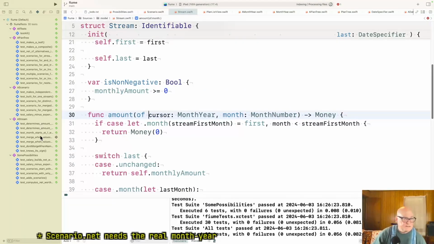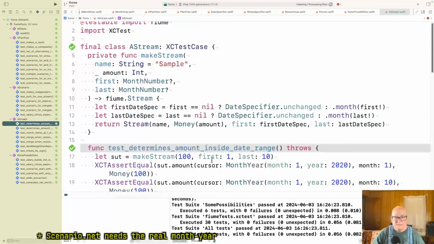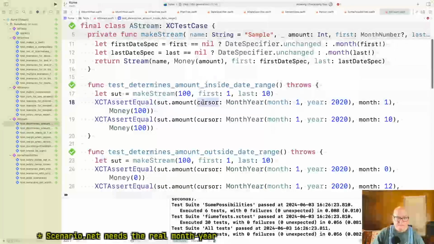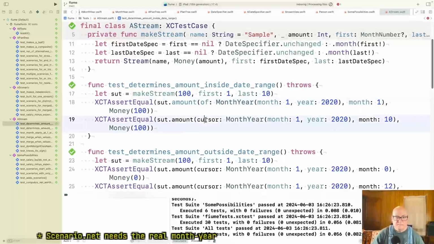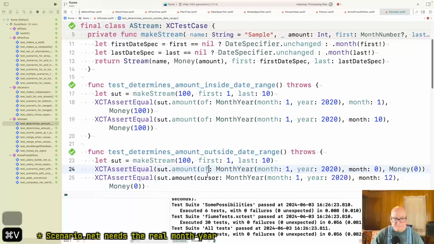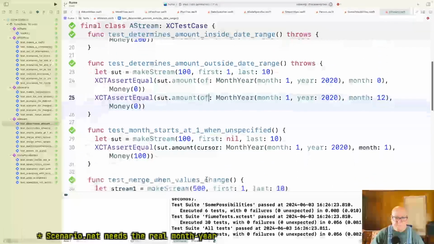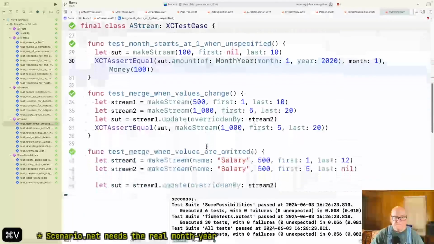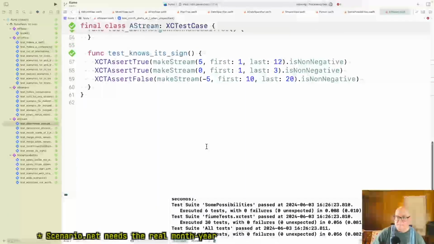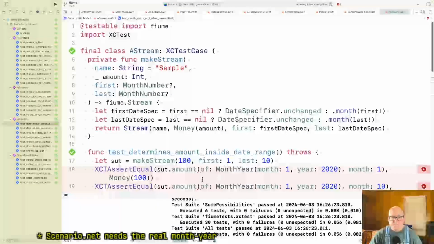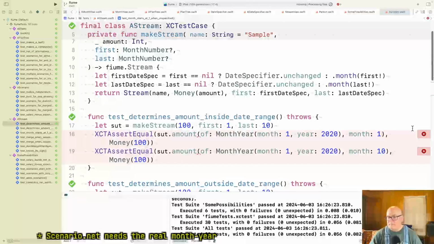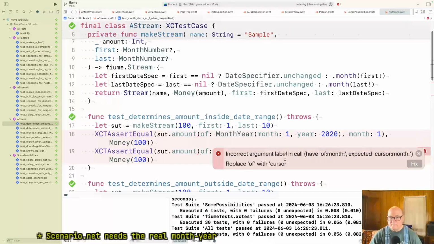And then those tests. Incorrect label of month, expected cursor.